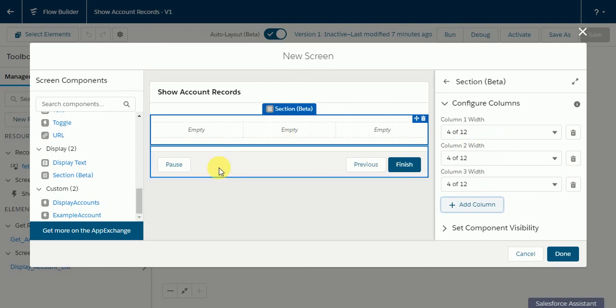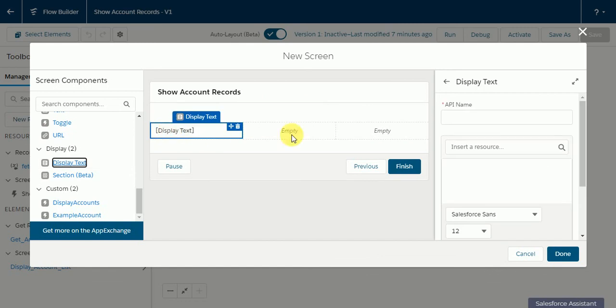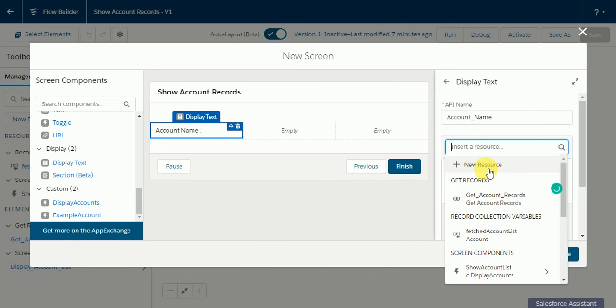And in the 3 sections I'm gonna drag display text. So one display text is to display the account name. So here I'm gonna display the account name of the selected account.